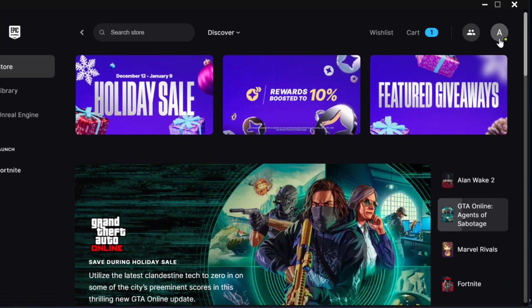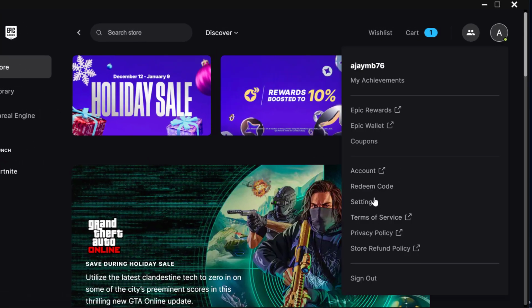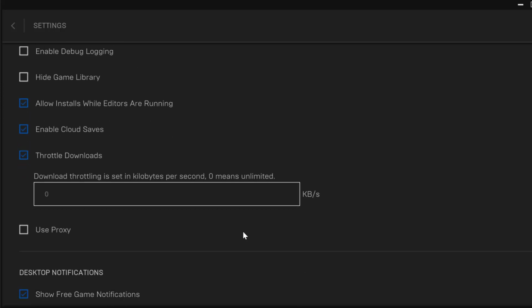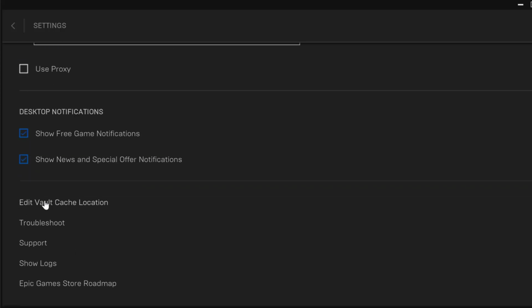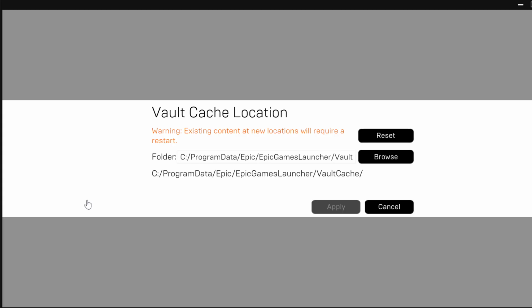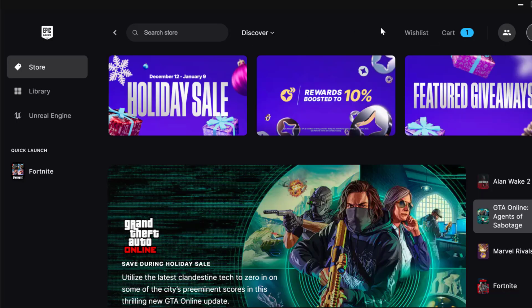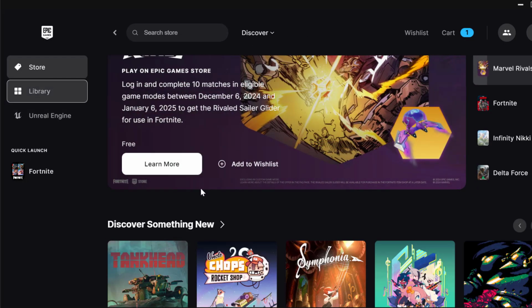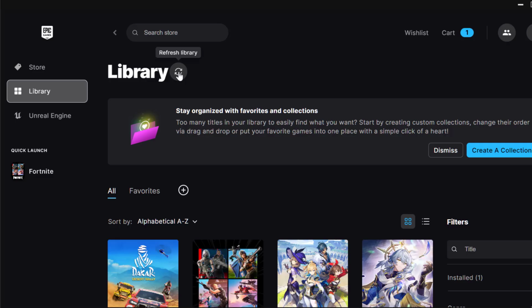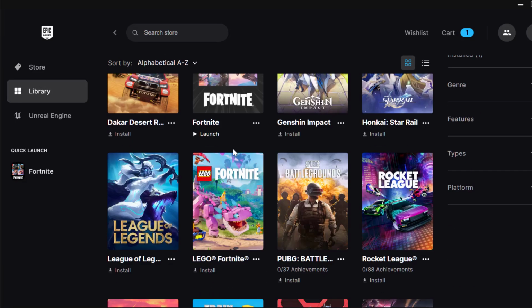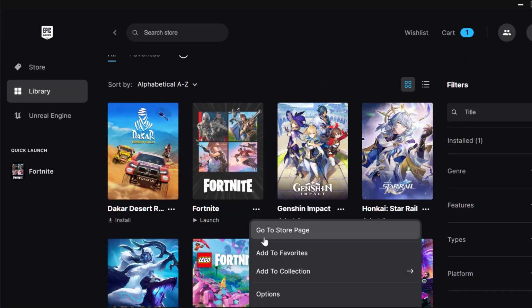Now you just need to select the profile icon and select settings. Scroll down and select edit vault cache location, select the reset option, and select apply. And now go back and go to library and refresh this page, scroll down, click on the three dot icon next to Fortnite and